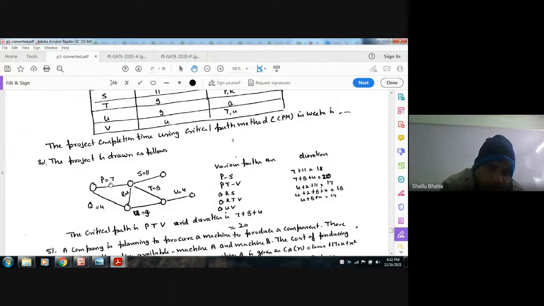Here the time is 7 plus 9. Here the time is 4 plus 2 plus 9. Sorry, here the time is maximum. We have to find out the maximum for the critical path, the maximum path time. Next,